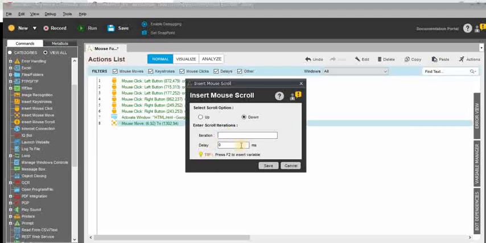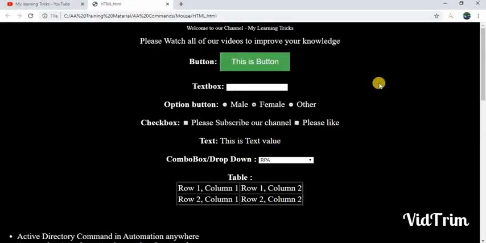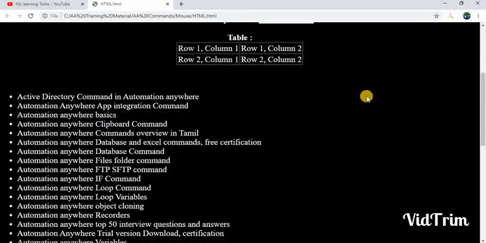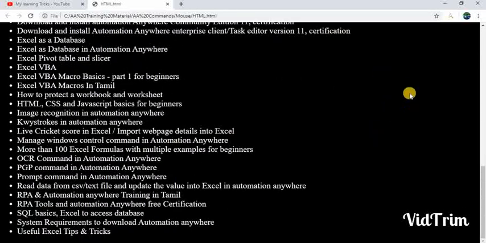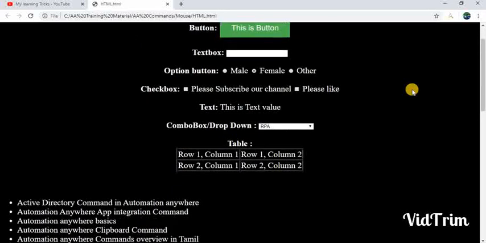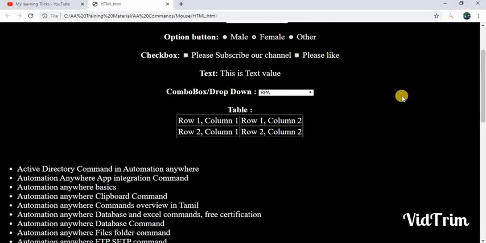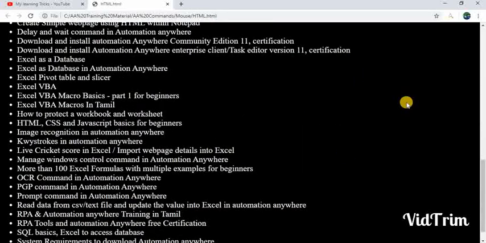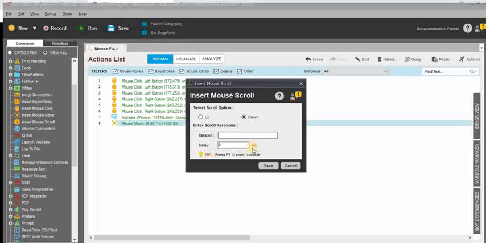And iteration is nothing but a single scroll down, that's one iteration. Double scroll down, 3 scroll down, 4 scroll down. So my page has 4 iterations, which is 4 scroll downs. Once you have scrolled down, this is considered 1. So you can see 1 2 3 4 scroll down options I have. For now, I just need to scroll down 1 time or 2 times in my window.